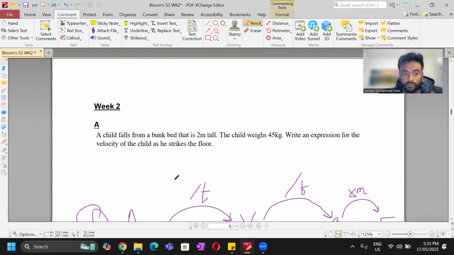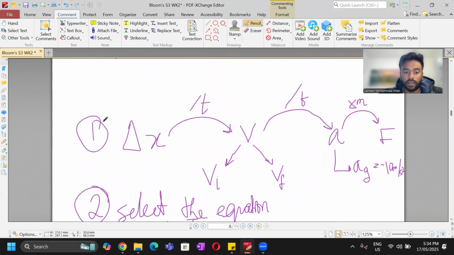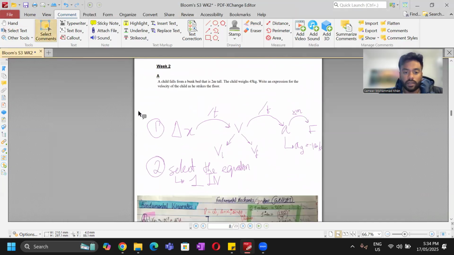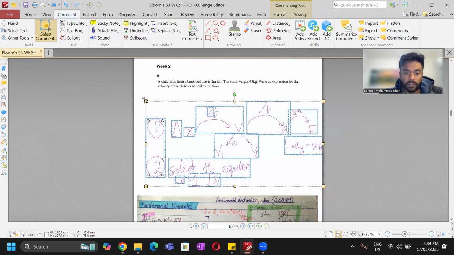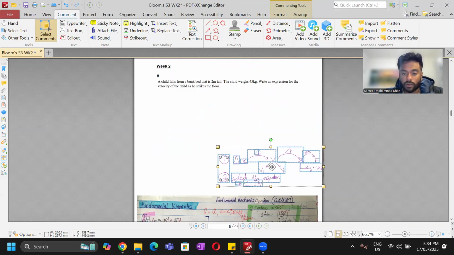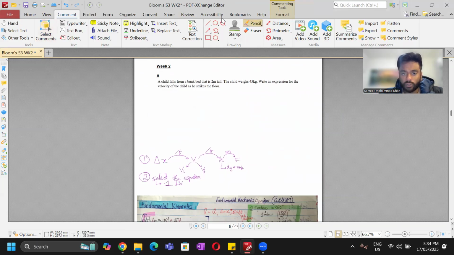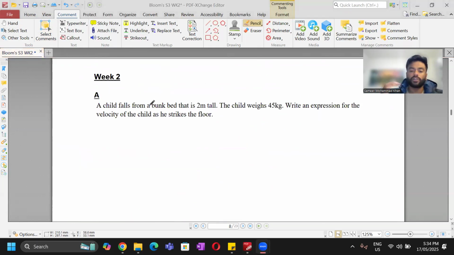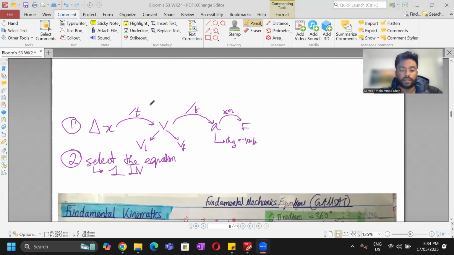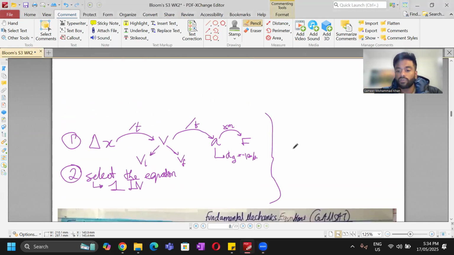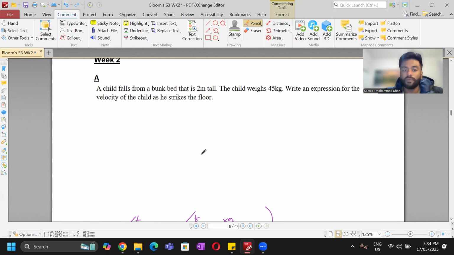Having said that, let's now go and solve this question in particular, all right? Let me minimize these notes, right? So that we can actually go and solve this question. All right. Now, when you're solving said questions, I'm going to try and introduce a new way of thinking, a new way of diagram annotation. So remember, when you're doing questions, there are rules. In this particular instance, these are the two rules that you've got to be mindful of. And then the second thing is that there are diagrams, right? So when you're diagramming, right,